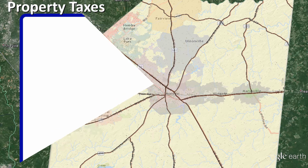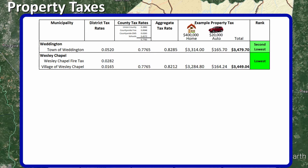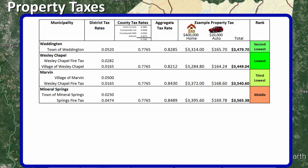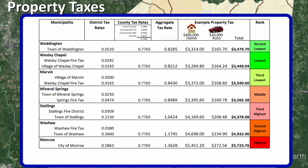So let's compare taxes in Weddington to our neighbors in surrounding communities. We in Weddington enjoy the second lowest tax rate in Western Union County. Because we have a municipal fire district, we have only one all-inclusive tax rate. The lowest aggregate tax rate in Western Union County is Wesley Chapel, followed by Marvin, Mineral Springs, Stallings, Waxhaw, and Monroe. There are parcels in unincorporated Union County that only pay the 4 Union County taxes and a fire fee